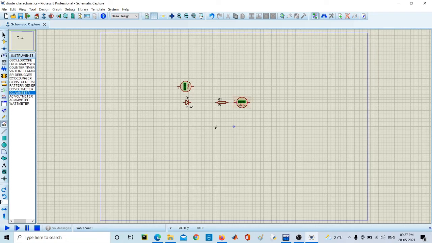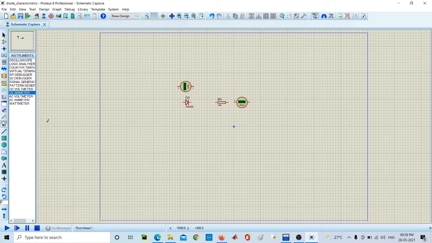As we all know, the voltmeter is always connected in parallel with the component whose voltage we want to measure, and the ammeter is always connected in series. So we connect the voltmeter in parallel with the diode, and the ammeter in series with the resistor as well as the